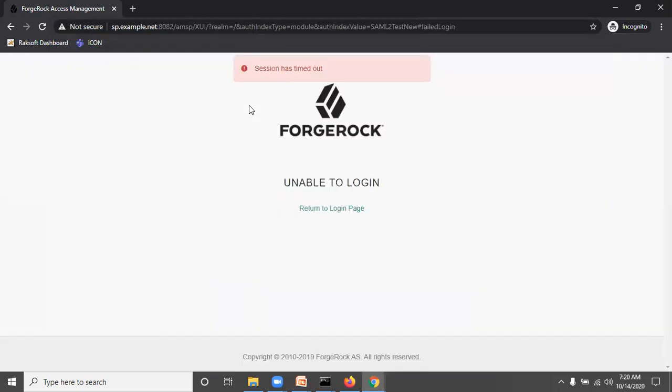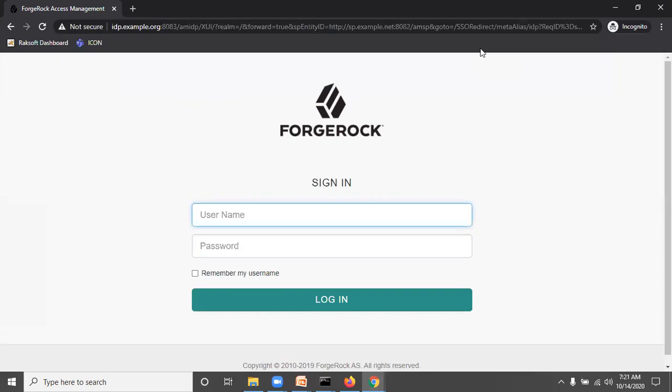Enter. Now it's redirecting. Somewhere we have written wrong. XUA question mark realm equal to slash, auth index type equal to module, auth index value equal to SAML2 test new. Yeah, it's correct. Let's try once again. Yeah, now it redirects to the IDP application.